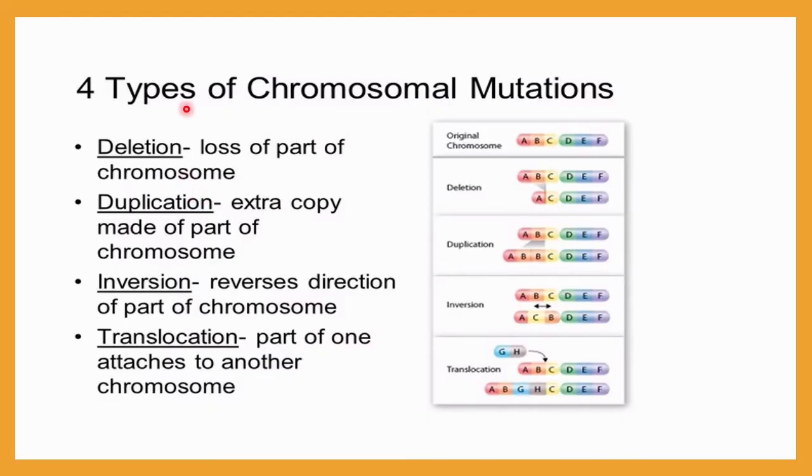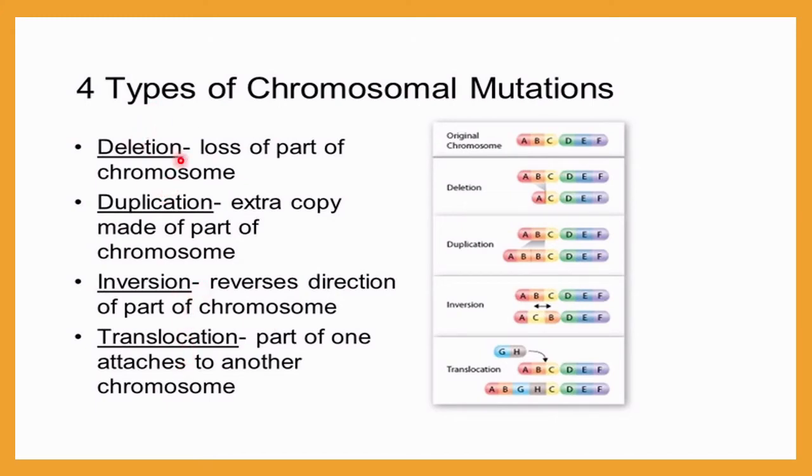Next, let me discuss chromosomal mutation. This includes deletion, duplication, inversion, translocation. These are all chromosomal mutations, and these are all structural mutations. I already told you chromosomal mutation may be of two kinds, numerical or structural. So today in this slide we are going to discuss deletion, duplication, inversion, and translocation. These are all structural ones.